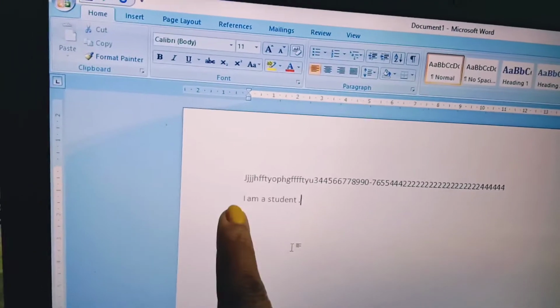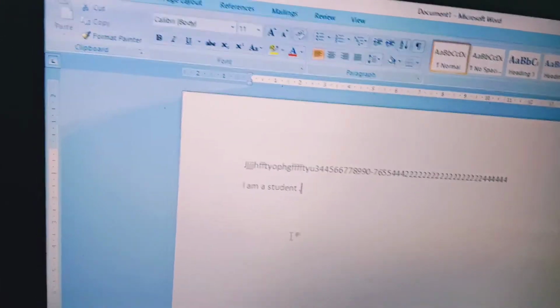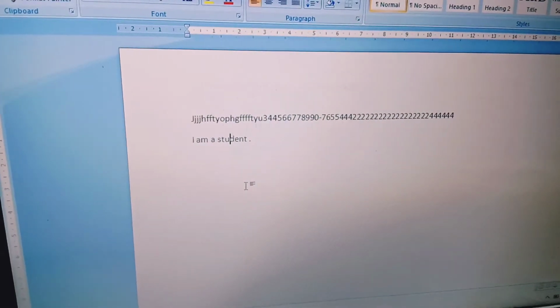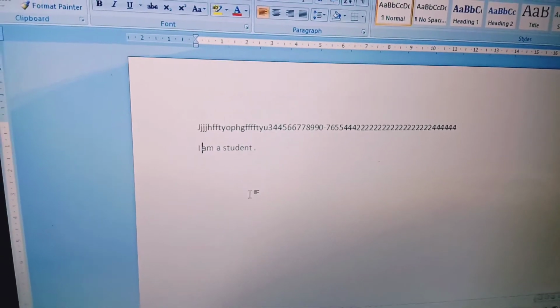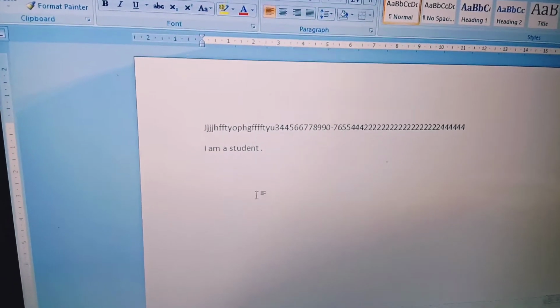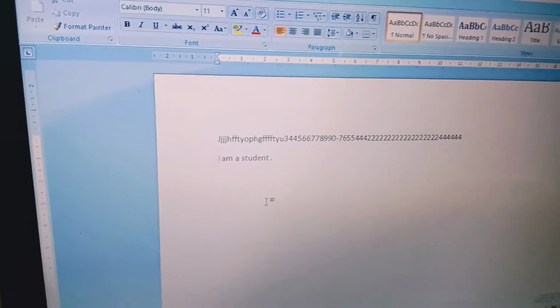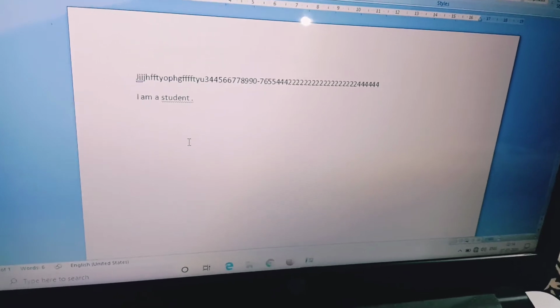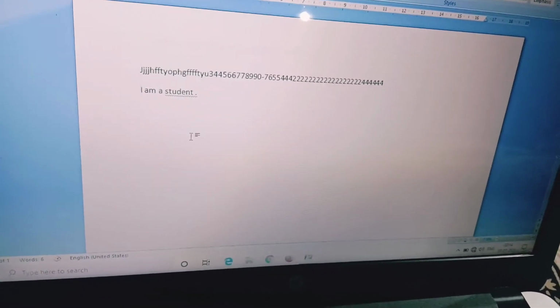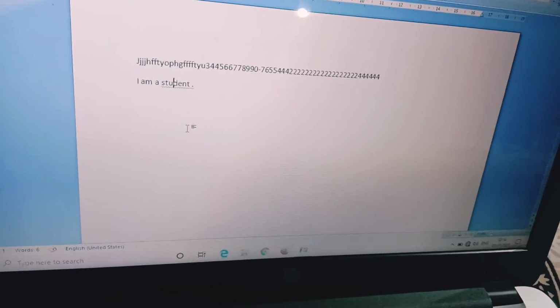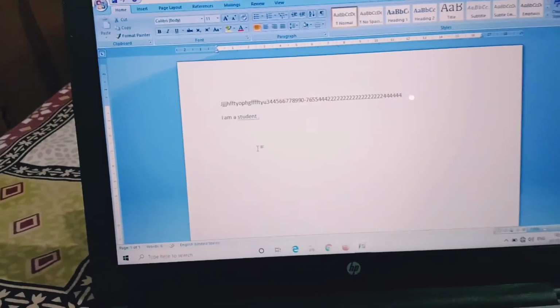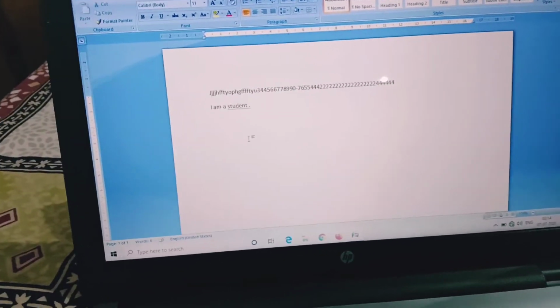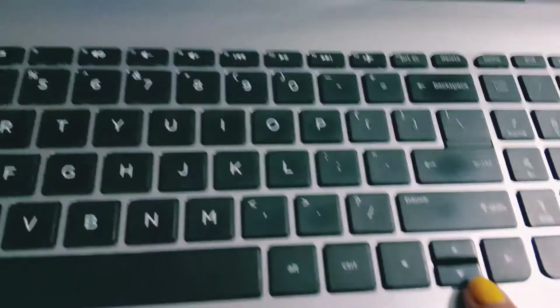Suppose I want the cursor at the starting, at the I. For that I have to press the left key. Just see, I am pressing the left arrow key and the cursor moves towards the left. Yes or no? Now the cursor reached the I. Suppose I want the cursor above, so I have to press the up arrow key. Yes. Then down, then the right side, it will move to the right. So the cursor will move according to the arrow key pressed. There are only 4 arrow keys on the keyboard.